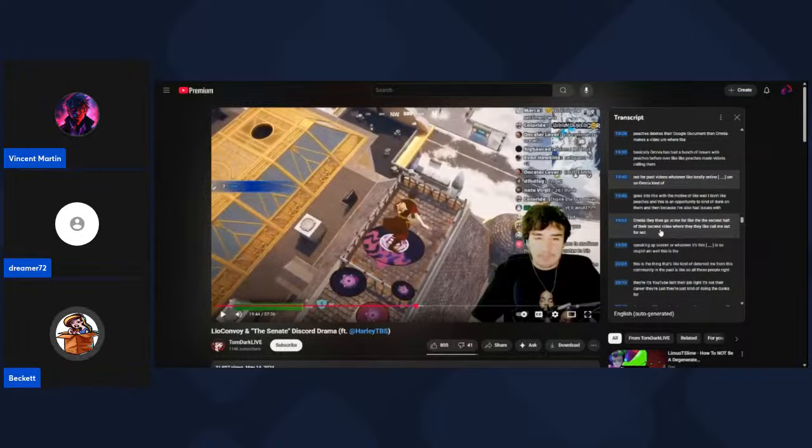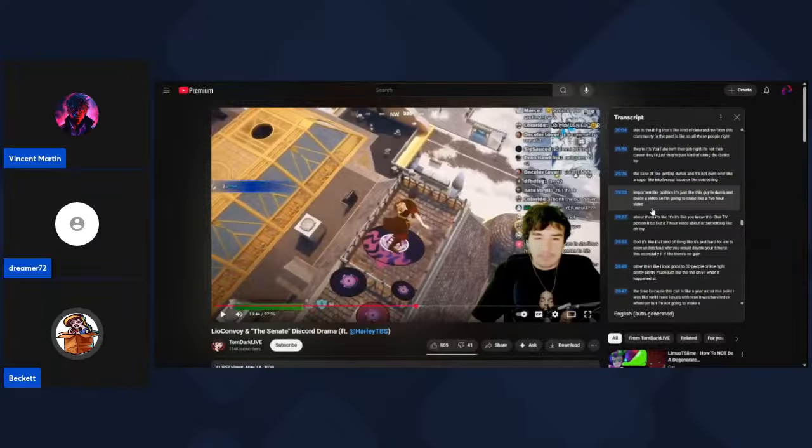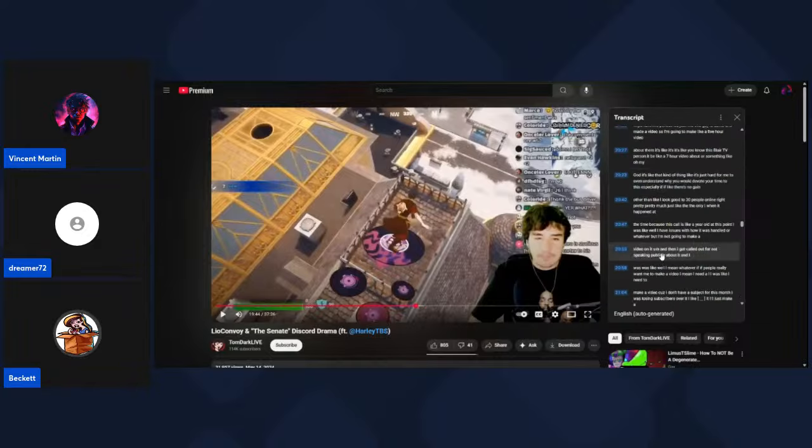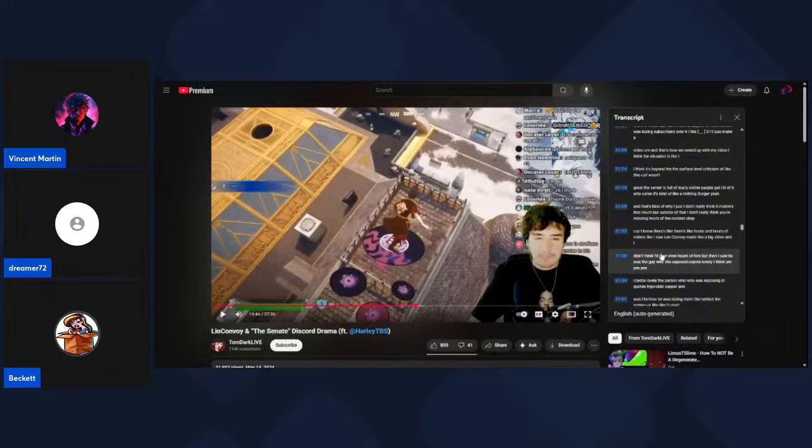So Cloud Palace is a completely different thing. This was part of the Lyra drama. The others, like I guess Discords that had drama with the FCK, the Fruit Cake Club. Cloud Palace is the SCC drama. What's the other one? Obviously Senate is another one. And I think that's all the main ones. There's a lot of little servers, but those are the main ones.